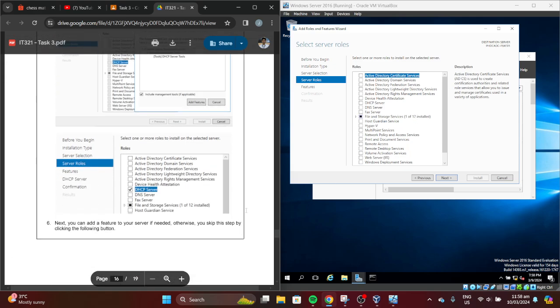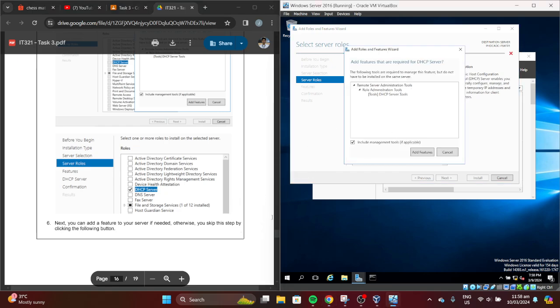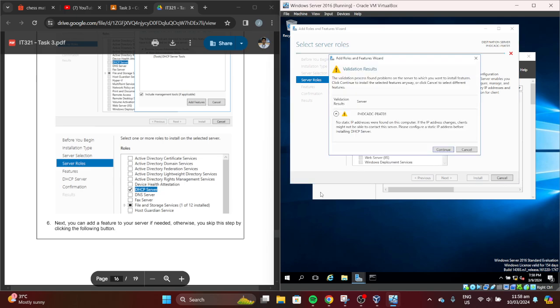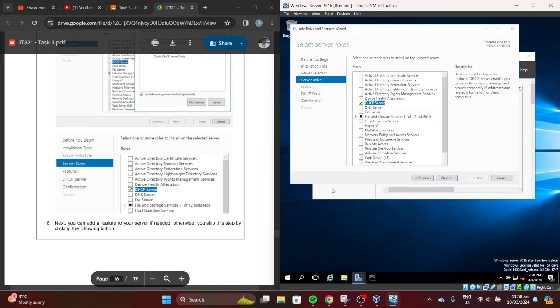DHCP server. DHCP server. And then add features. Continue.